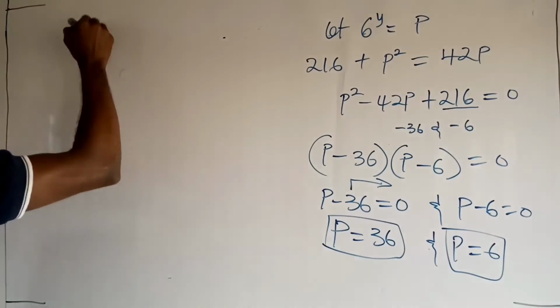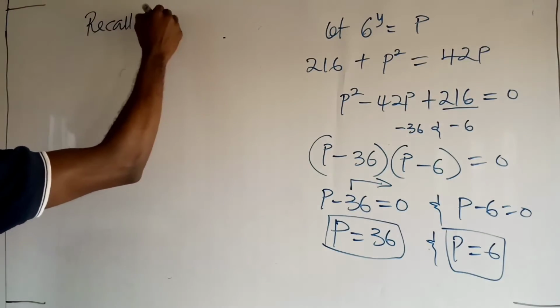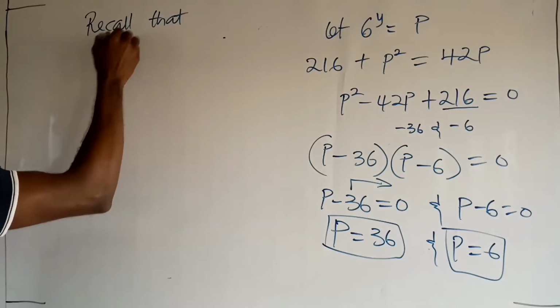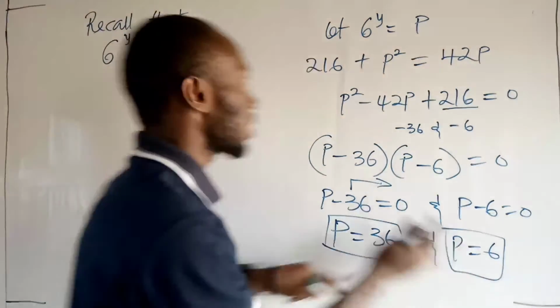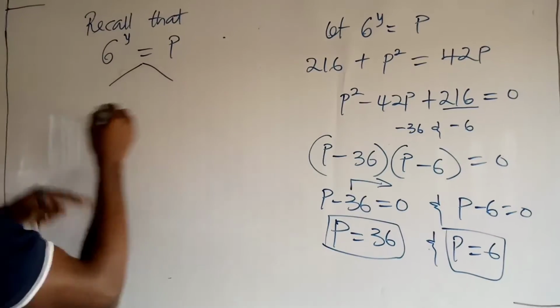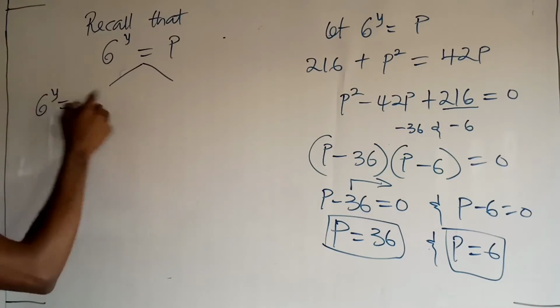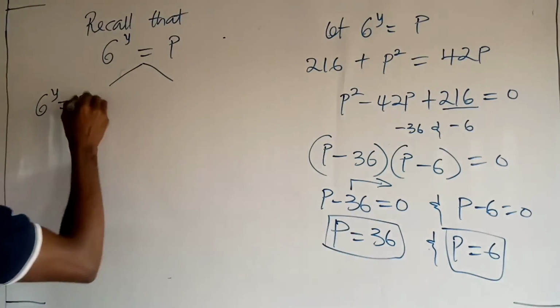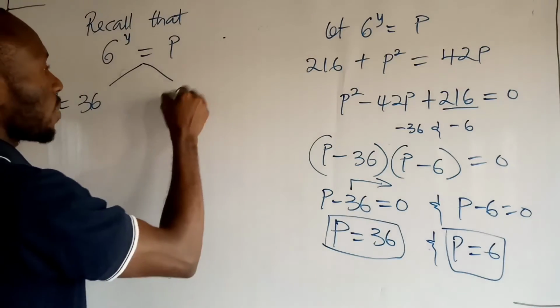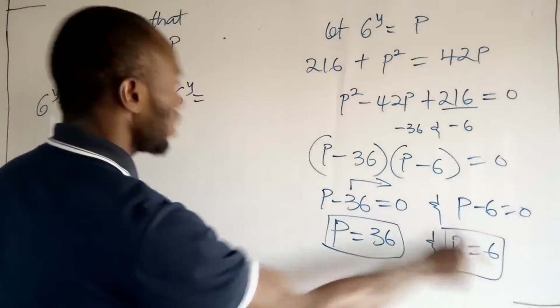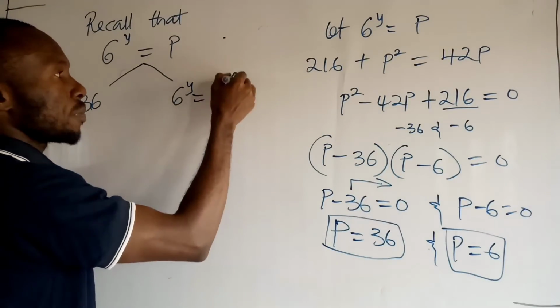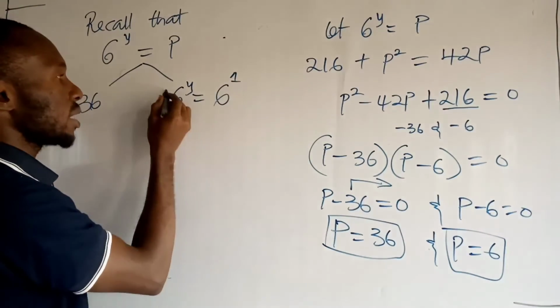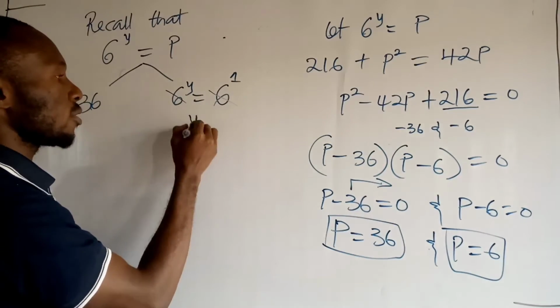So I'm going to recall this statement. Recall that 6 to the power y is equal to p. But now we have two values of p, so I'm going to solve these like this. So I have 6 to the power y is equal to the first value of p, which is 36, and here 6 to the power y is equal to the second value of p, which is 6. Now from here you know that 6 is the same as 6 to the power 1, right? So you know the bases are the same, you cancel out the base,